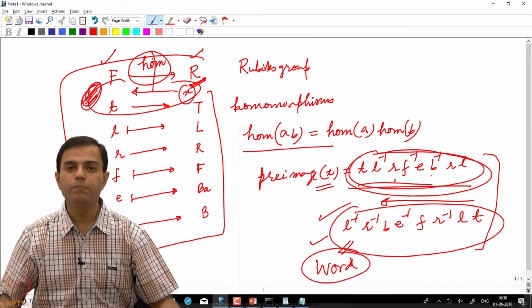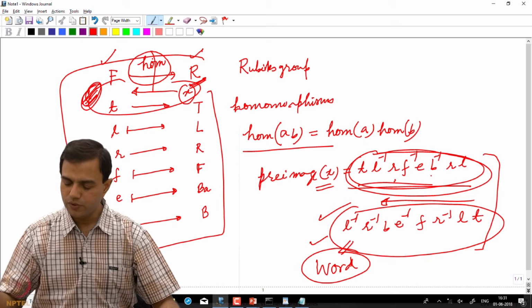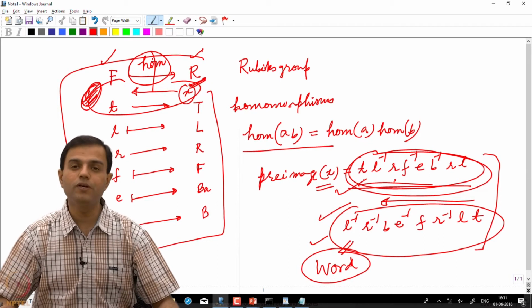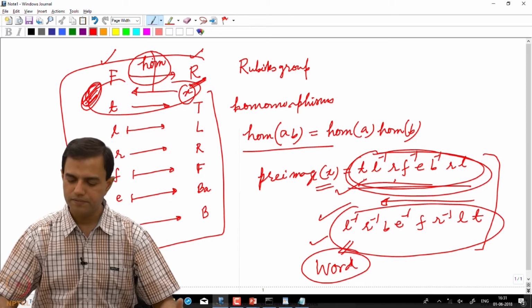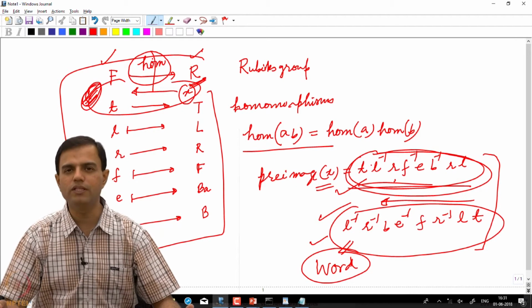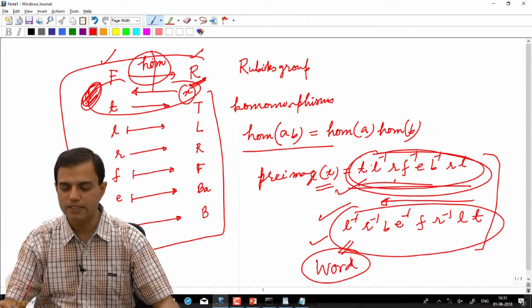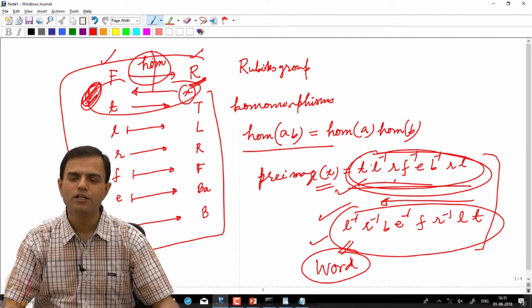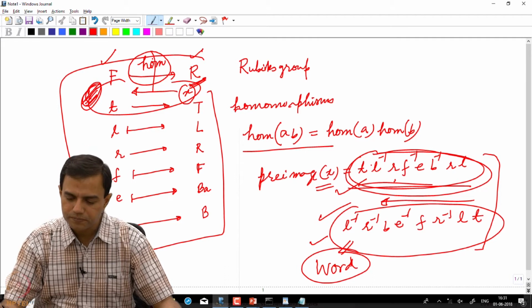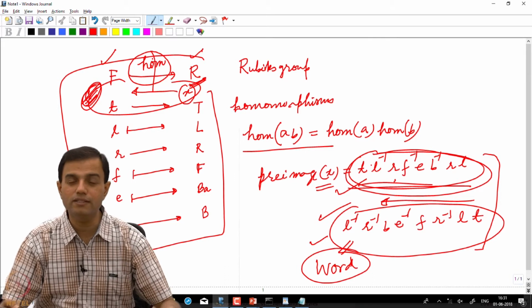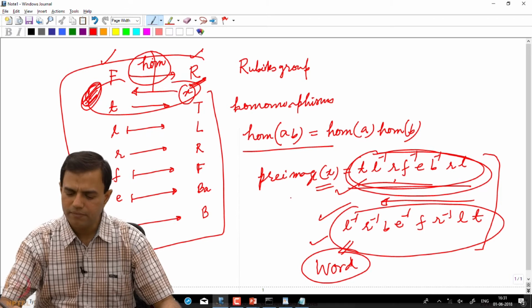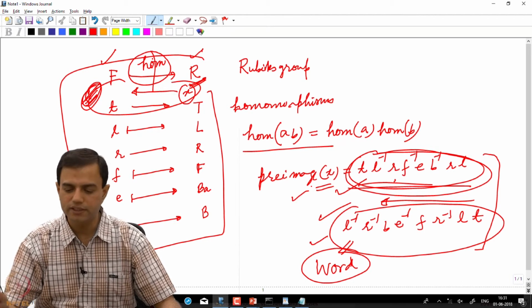So now I hope you understand why we introduced free groups and homomorphisms. The purpose was to understand how GAP stores all these things, and how we can use those things to solve the Rubik's cube in this case. It's a permutation puzzle. So all permutation puzzles which concern scrambling and unscrambling something can be understood using these ideas.